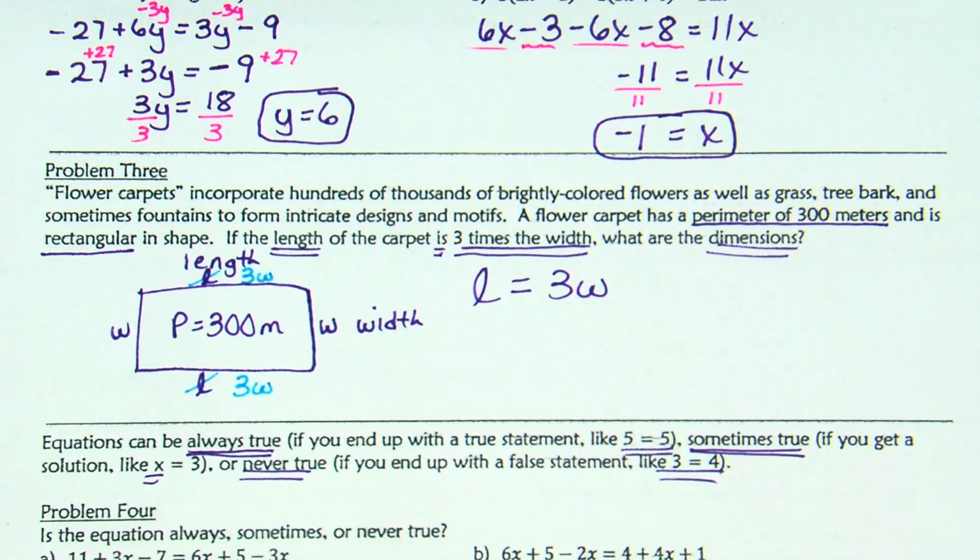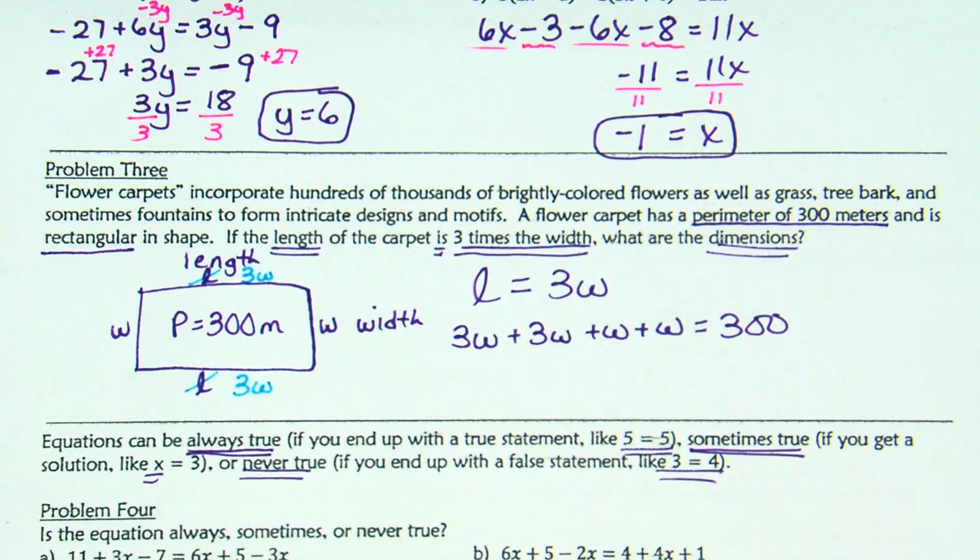Okay, maybe yours went in a different order. I had someone this morning who said, well, I did 2 times the quantity 3W plus W. That works. You could do 2 times 3W plus 2 times W. It all works out the same. Okay, because now we're going to clean this up. What is 3W plus 3W plus W plus W? 8W. So then I have the equation